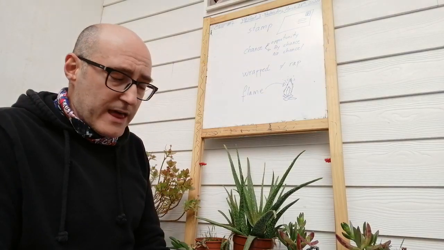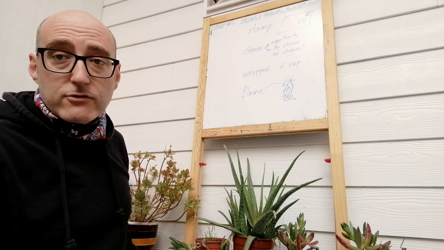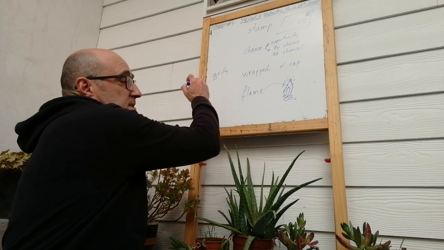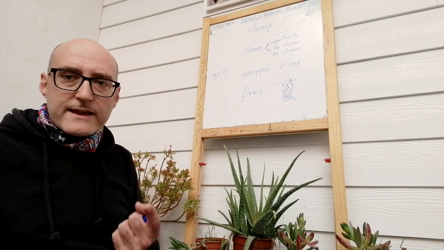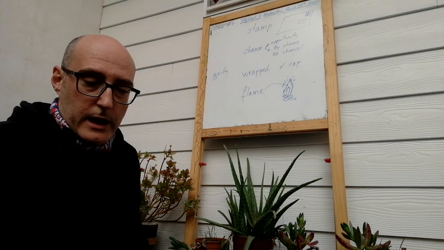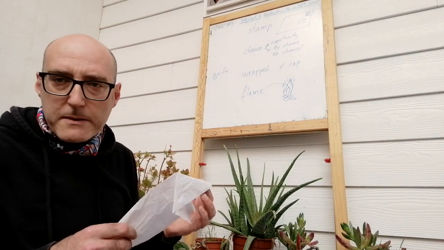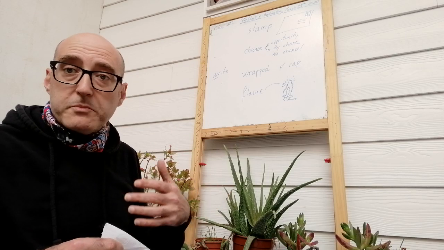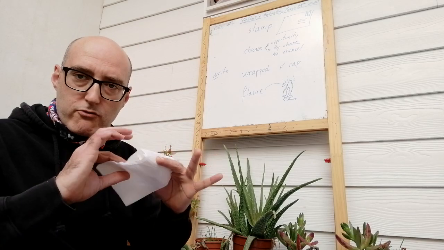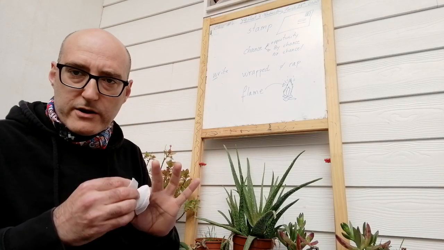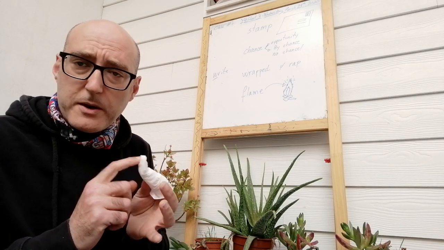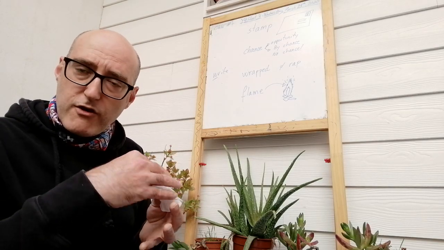So the next word is wrapped, okay? Now wrapped, as with any word in English that starts with a W and R, like right, we don't say the W, okay? We start saying the R sound, okay? So wrapped is when you take something like a paper or maybe a bandage, or it could be aluminum foil, anything, right? And you wrap something. You wrap the paper around it. So if you cut yourself, you wrap some paper around your finger to stop bleeding, to stop blood flowing out of your body, okay?